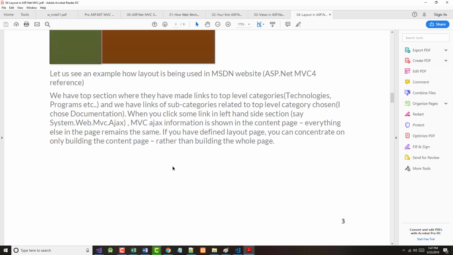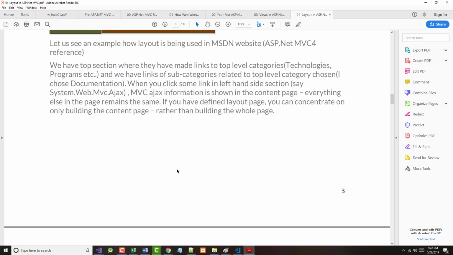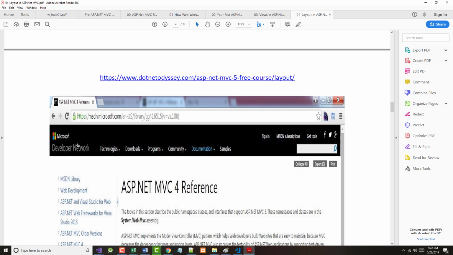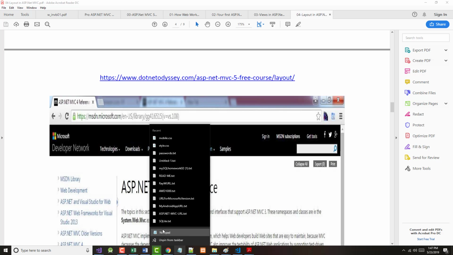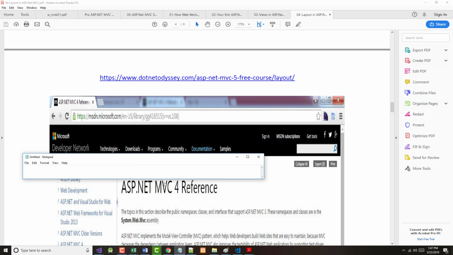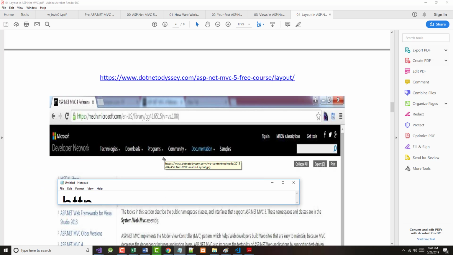All right, so let's see an example of how layout is being used in the MSDN website. The author is saying that's it right there. And as you go across, in fact, let's see. I'm going to try something here. I've not tried this before. Will it work? You'll know when I know. So I'm going to type in